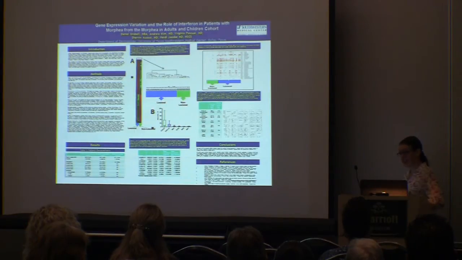So we actually think, and we need to do a lot more studies to confirm this, that CXCL9 and 10 might be indicators of active Morphea that we can actually use in the form of a blood test. So this is very exciting for us, and we're actually about to submit this for publication and do some more